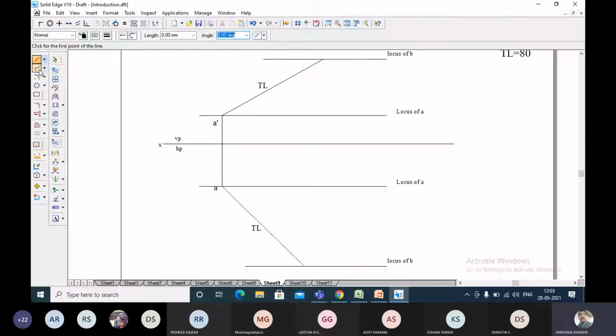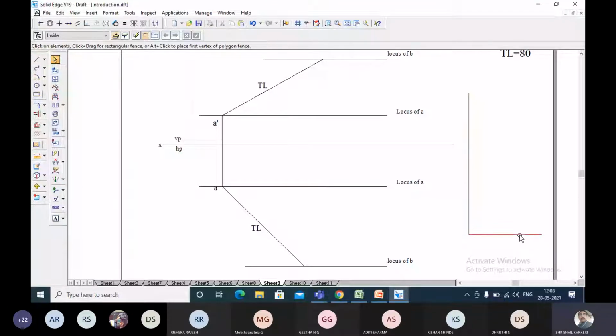If you want, I'll give you one small note sheet here, and you can make use of it. Okay, I'll show that. I'll be giving you the note sheet here, just to remember, because this note sheet will be very useful to you while you do other problems. You are going to apply the same principles and try to do the other problems.